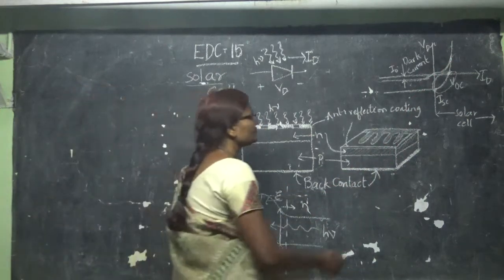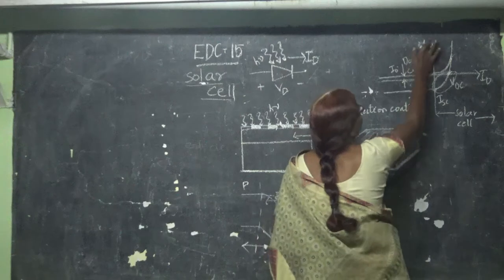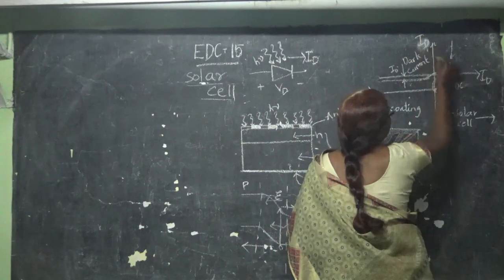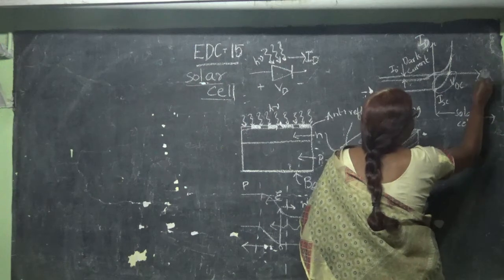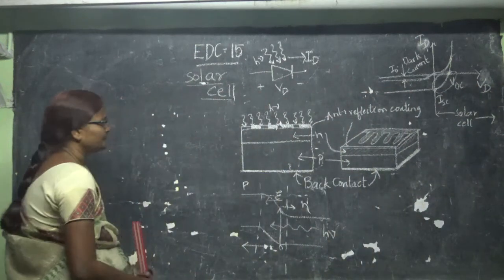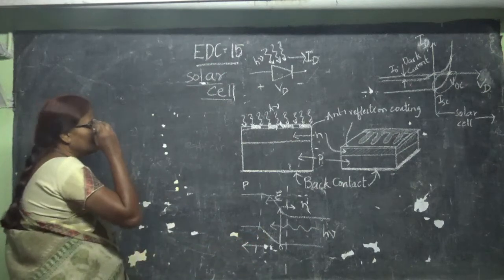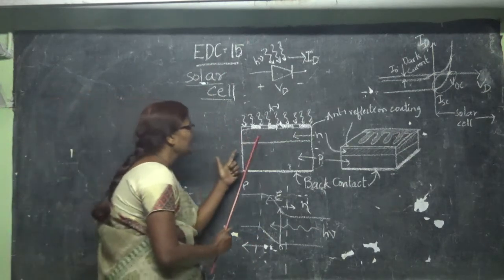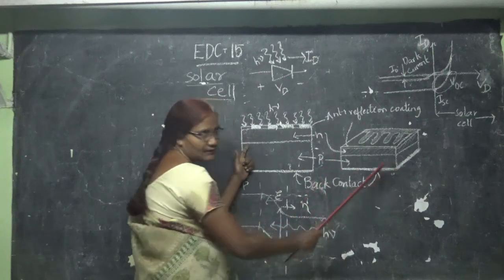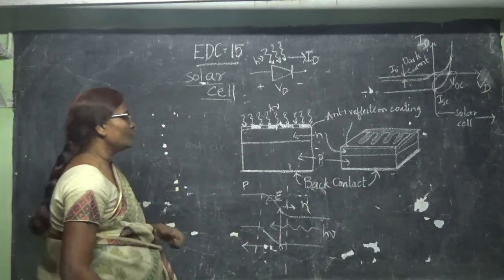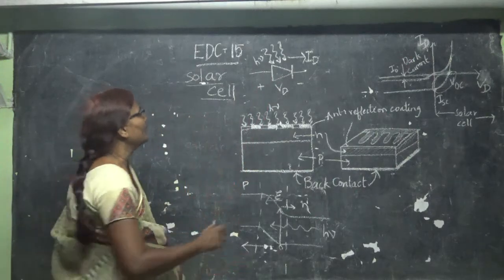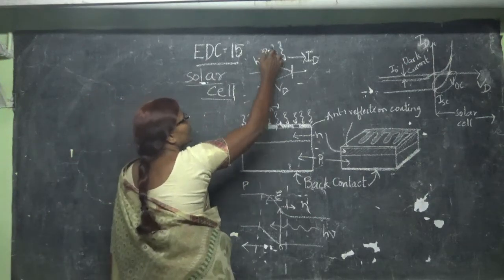Now, this is the current and this is the voltage. Now we can see the device, and this is the 3D picture of the solar cell, and this is the photo device symbol, the photodiode symbol. Here light energy, h nu,